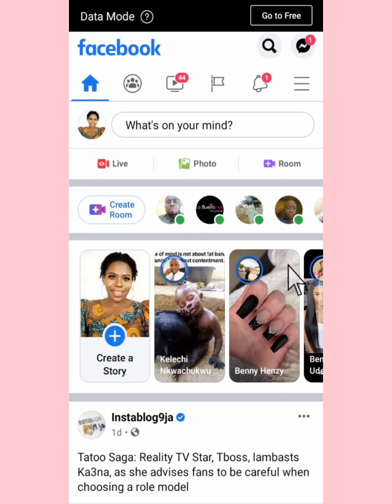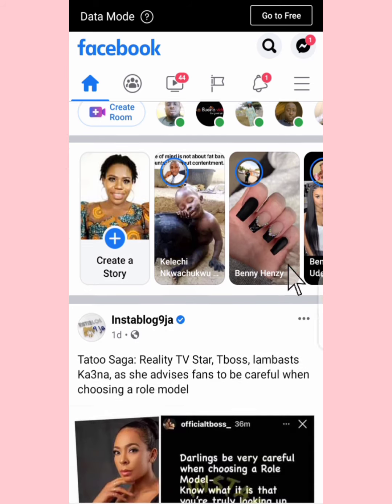Okay, hope you've learned how to unfriend and at the same time block a friend. Okay, like I said, if you unfriend, the person can still search, okay, and Facebook could also suggest this person to you. This person could also send you a friend request, okay. But if you unfriend and block, this person can never find you on Facebook.